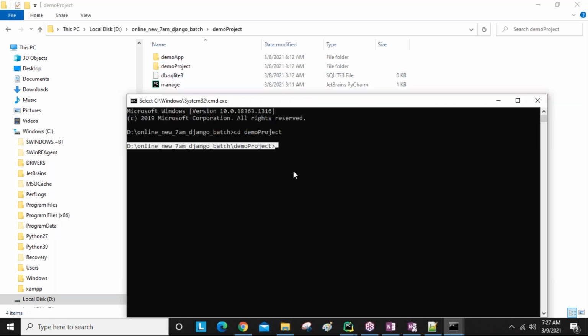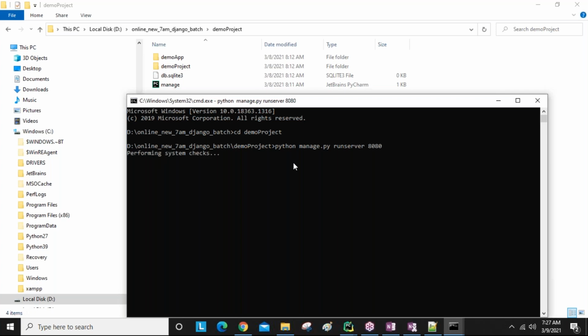I want to run the server: python manage.py runserver. If you want a different port number you can use one, but by default 8000 is executing, guys.